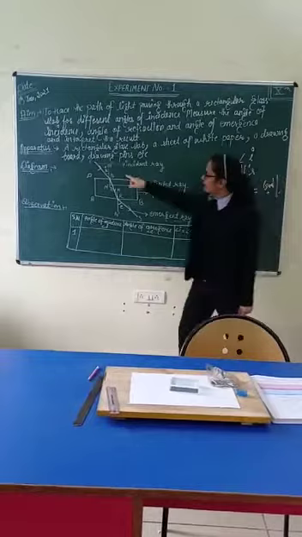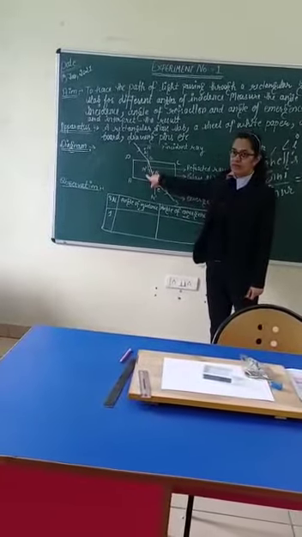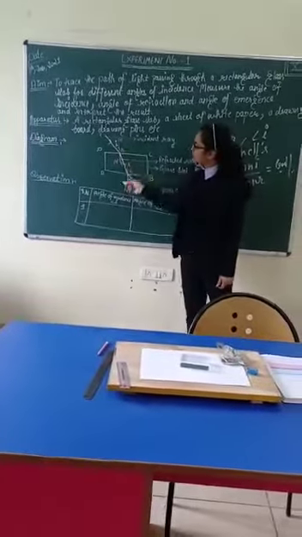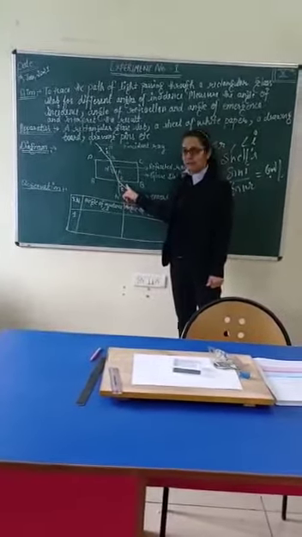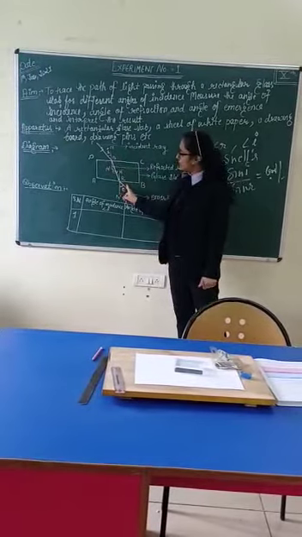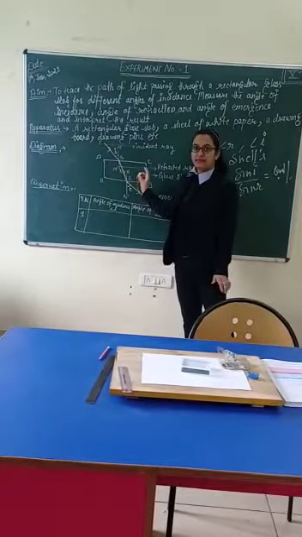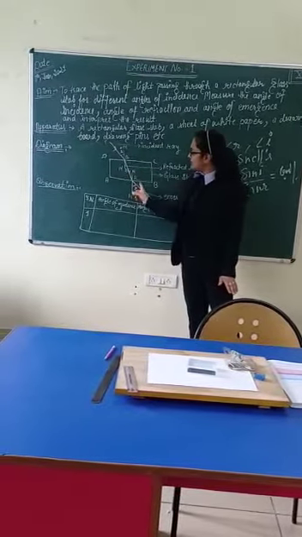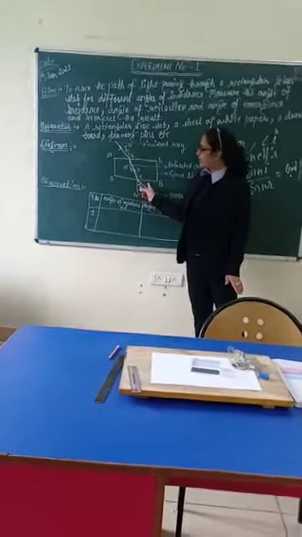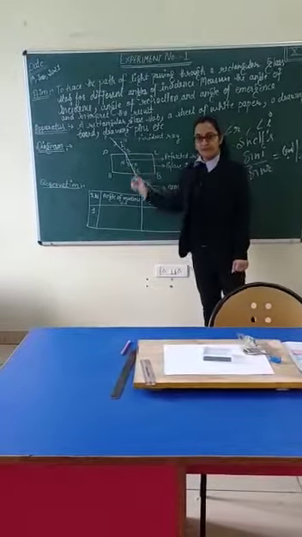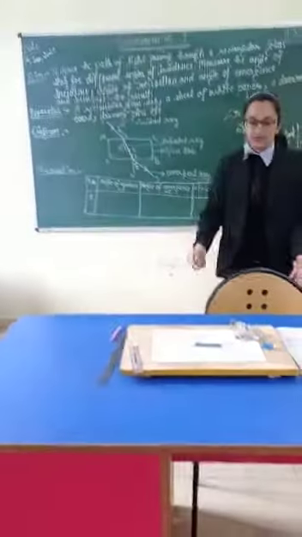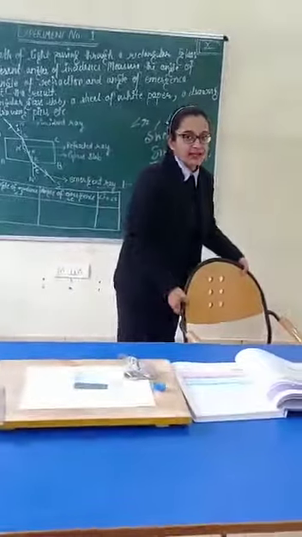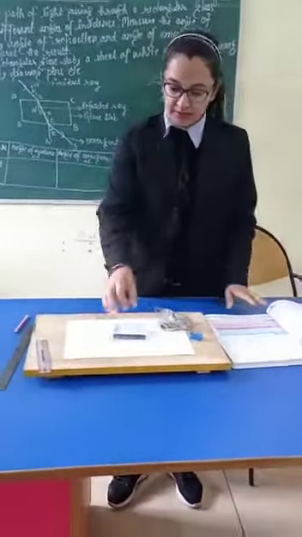So here we will find the angle of incidence, angle of refraction and angle of emergent. In this particular practical, we find that the angle of incidence is equal to the angle of emergent. If the angle of incidence is equal to the angle of emergent, then our practical is applicable. If the angle of incidence is not equal to the angle of emergent, then you have not performed the practical accurately. Now we will perform the practical. For performing the practical, we need the drawing board, glass slab, and the drawing pins.